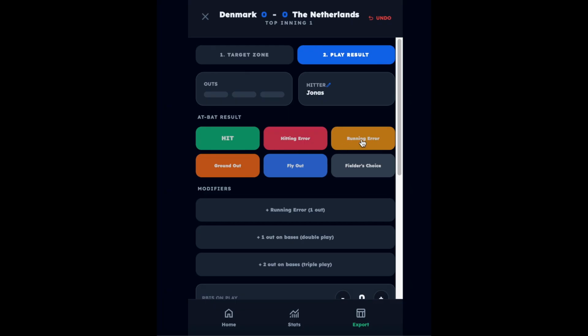Then we have running error. Running errors can occur in two places, but this button here is only for a running error on the hitter. I can really only think of two examples, but maybe there are more. One is after the ball is hit into play and the runner is running forward and then stops and moves backwards. The official will call time and call